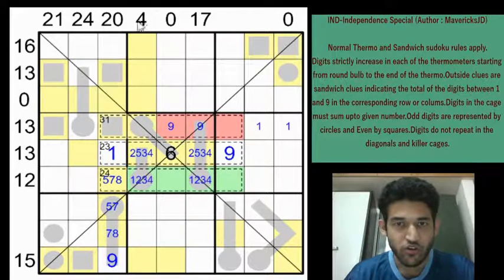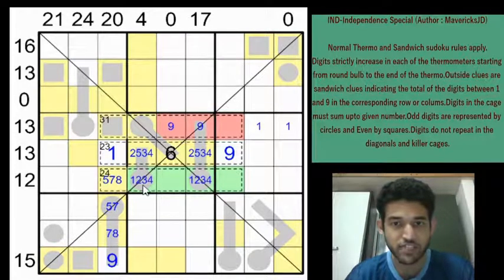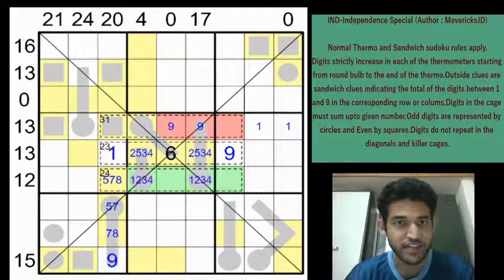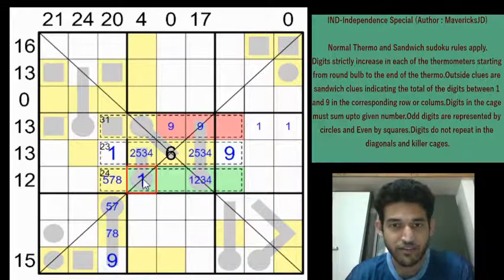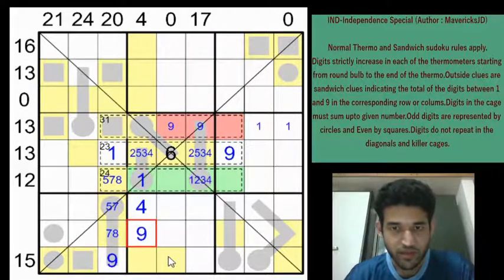Okay, now if you look at the 4 clue, there is only one possibility to satisfy this, right? We have eliminated 6 cells as possible locations of 9. So the only possible way by which you can satisfy the 4 clue is by placing the 1 here, the 9 here and the 4 here, right? There is no other possibility. So this will be a 1. We can mark that right away. So this will be a 1, this will be a 4 and this is going to be a 9, right?